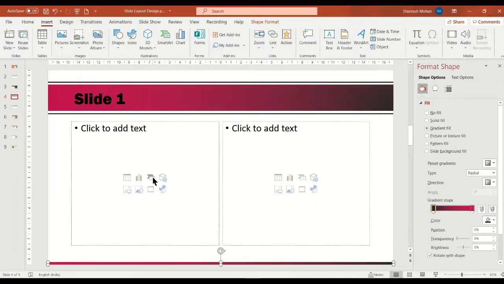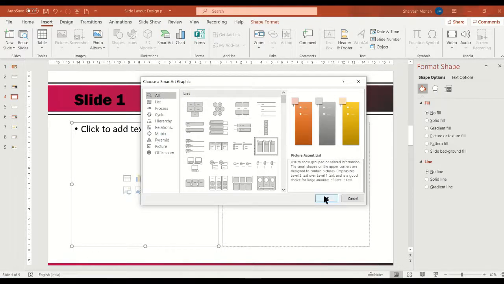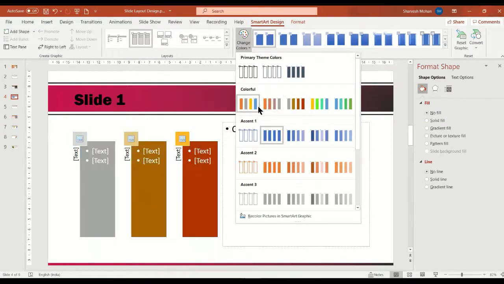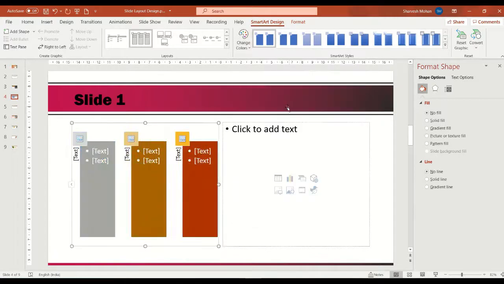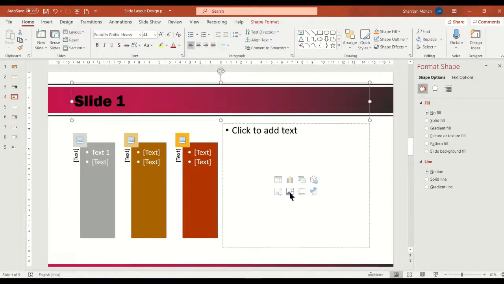SmartArt. Let's choose maybe a picture like this, and we'll change the colors. We can put multiple colors. This one, we can add some contents. Here we can insert some picture.